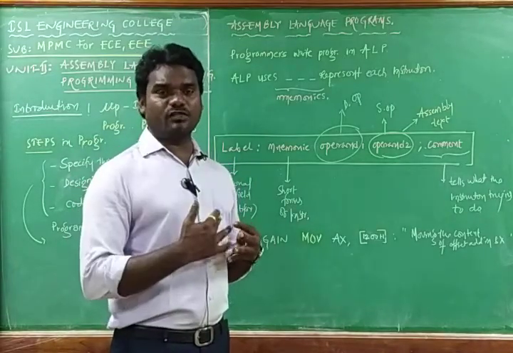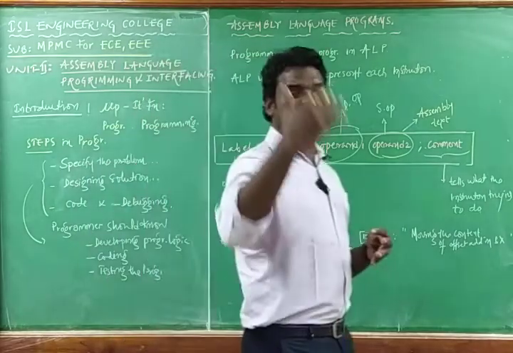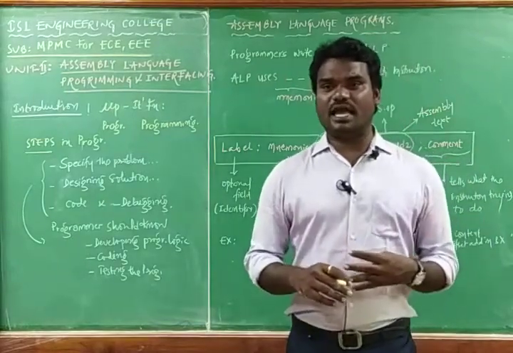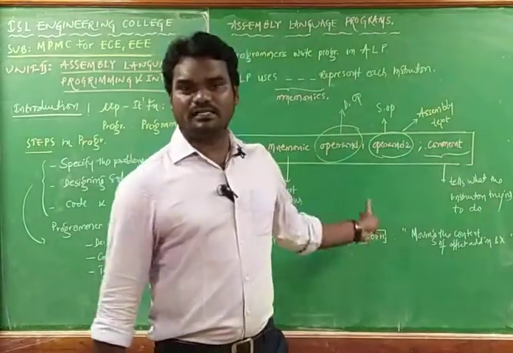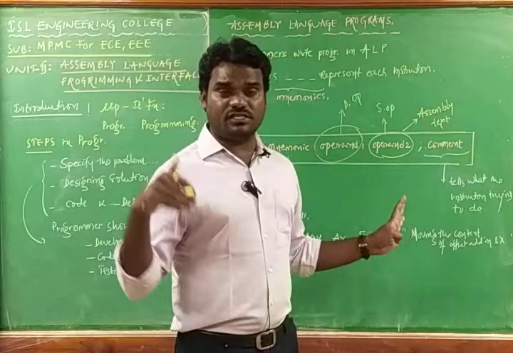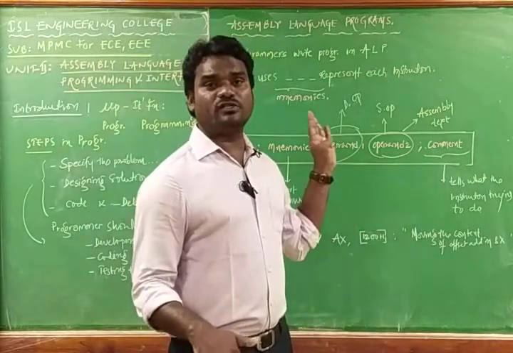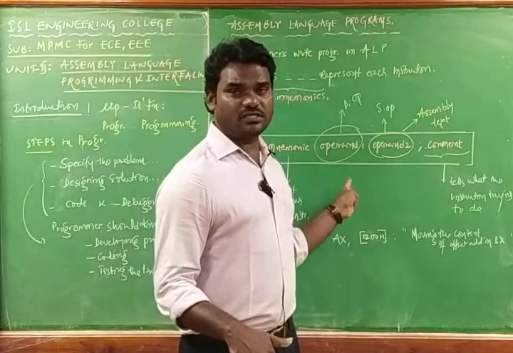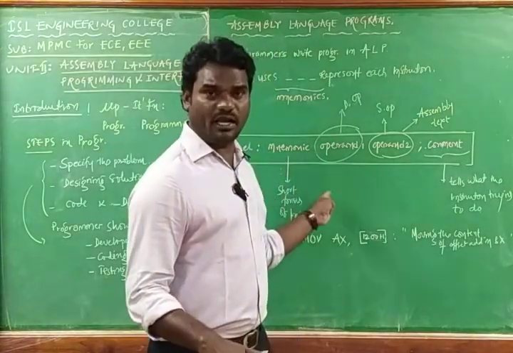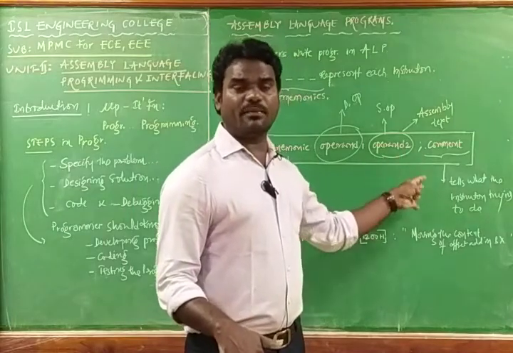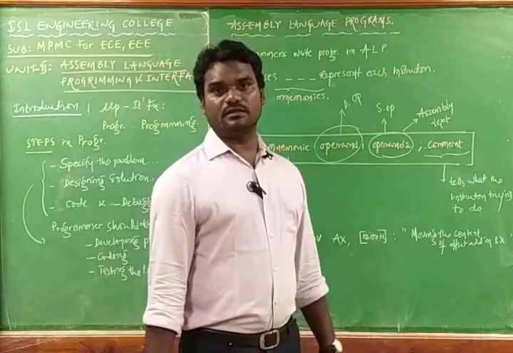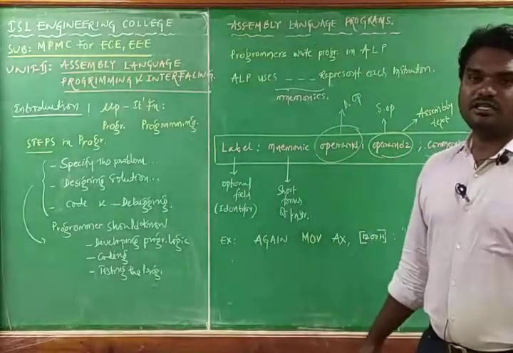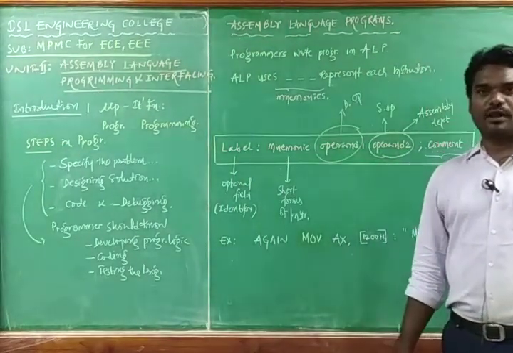An assembly language program is nothing but a set of instructions, and each line in that program is named as assembly text. In that assembly text, we must see that it requires the instruction, the short form of instruction, which is called the mnemonic, the operands, source operand and destination operand, and the comment section. This is the structure of assembly text in an assembly language program.